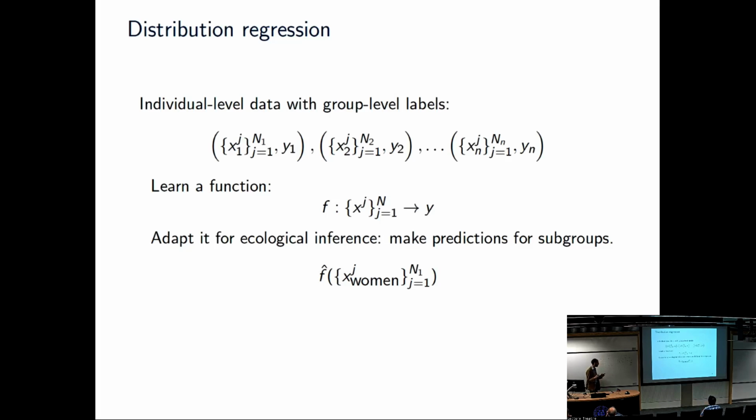I want to make a prediction for just, let's say that these colors aren't actually the outcomes. Let's say these colors are women in red and men in black. Once I've fit my function f, I want to make a prediction about women. So all I need to do is take that function that I fit, f hat, and feed in just the observations of women, and that will give me the prediction I care about, support for the Democrat among women.